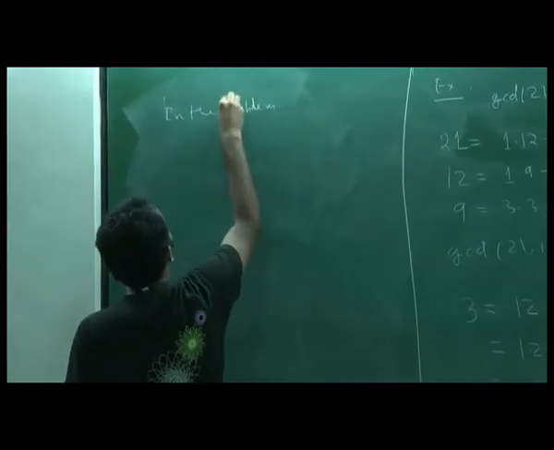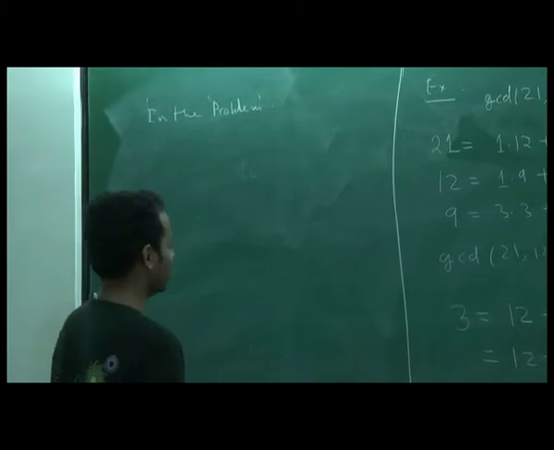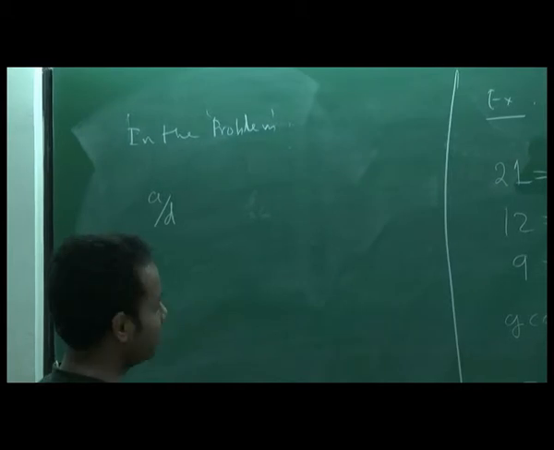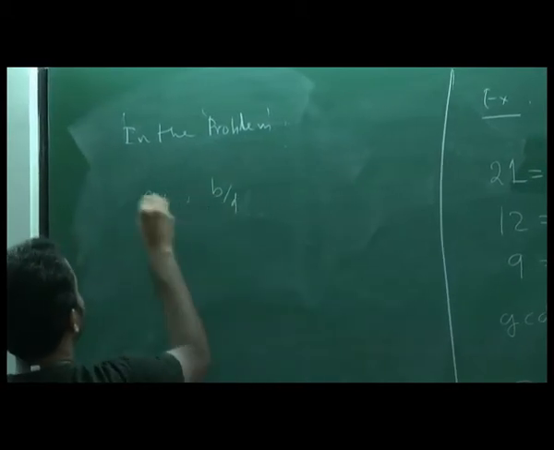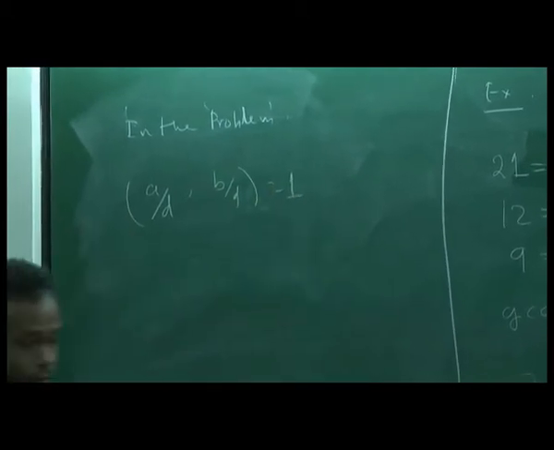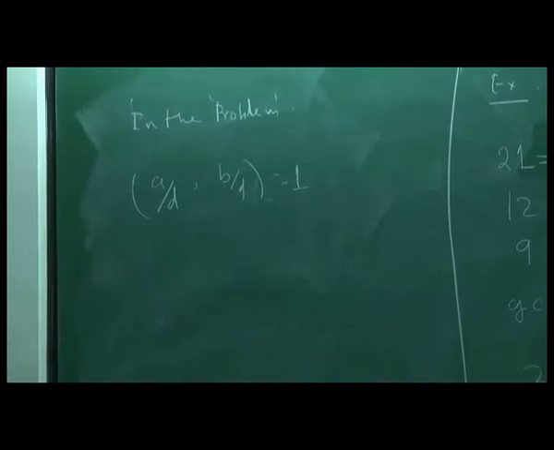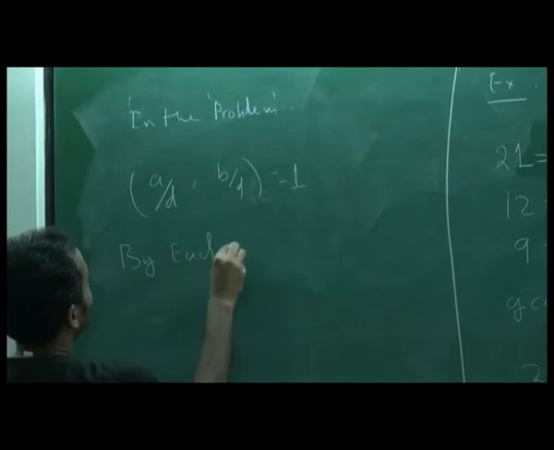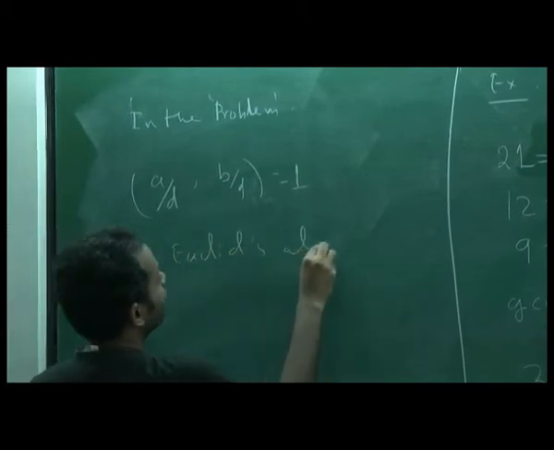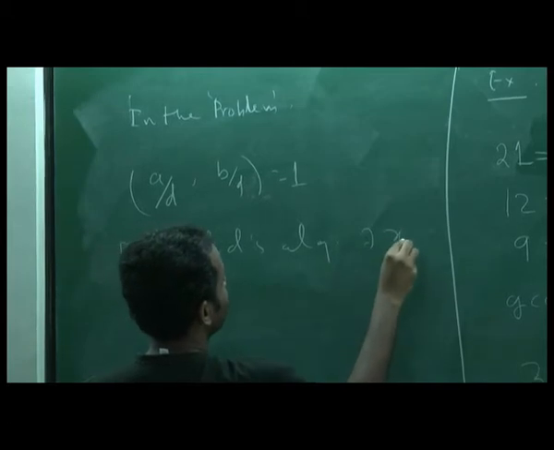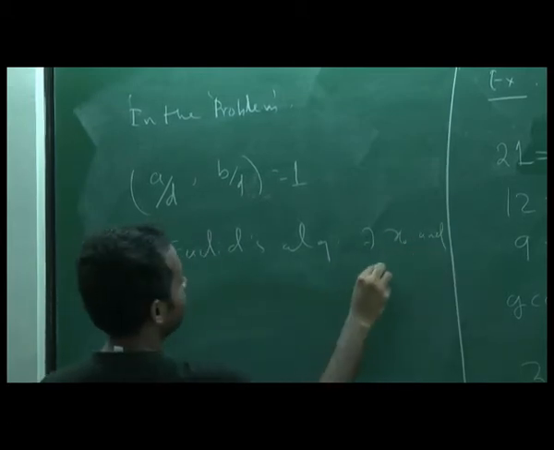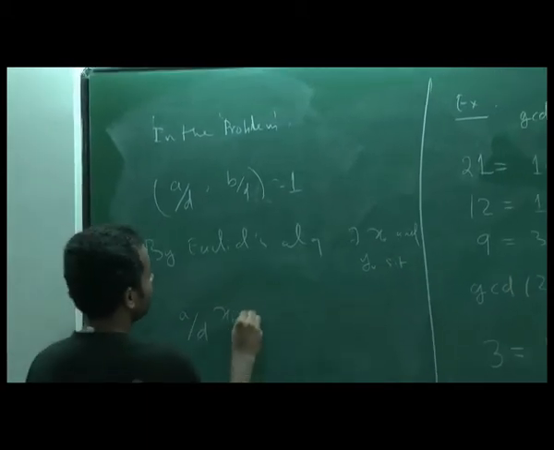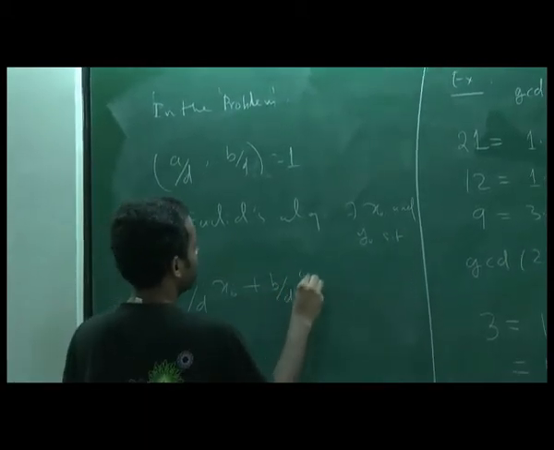So in the problem, what we have, A by D and B by D has GCD 1. So by Euclid's algorithm, there exist x0 and y0 such that A by D times x0 plus B by D times y0 equal to